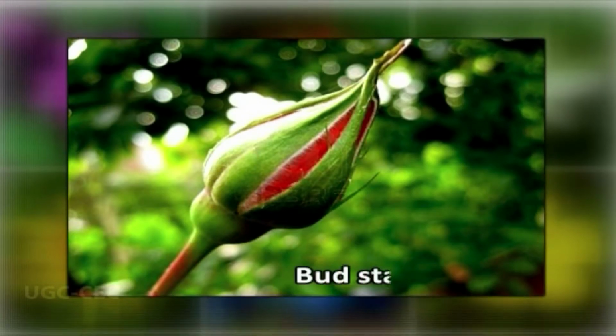There are usually as many sepals as there are petals and they are arranged so that they alternate with the petals. There are, however, many exceptions to these rules as well. When the flower is in bud stage, the sepals enclose and protect the more delicate floral parts within. The calyx and the corolla together form what is known as the perianth. The number of sepals in a flower is called its merosity.